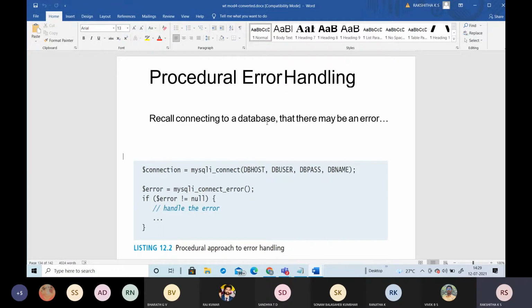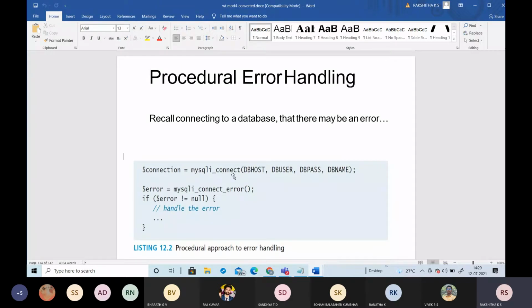If you are expecting some error, what you have to do is connect to the database again and check whether the database connectivity was missed. How do we do that checking? We take a variable, $connection, which equals mysql_connect.